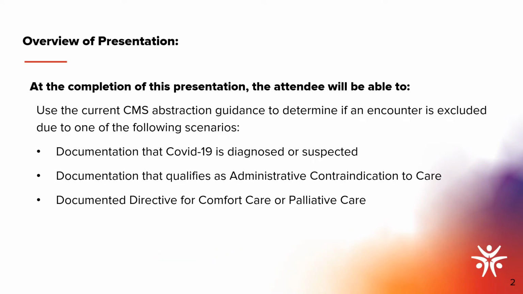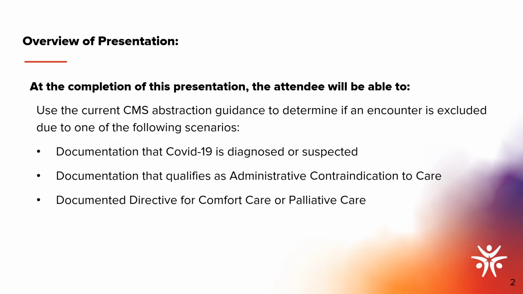We are all familiar with certain documentation and conditions that will exclude a patient from the SEP1 measure. Some of the more straightforward examples include antibiotics administered greater than 24 hours prior to the onset of severe sepsis, the patient who expired within 6 hours of the onset of severe sepsis or septic shock, or the patient who is discharged or transferred out of the facility within 6 hours of onset of severe sepsis or septic shock.